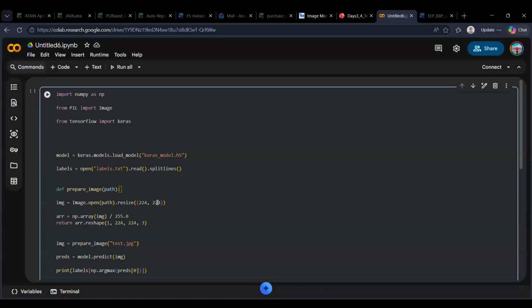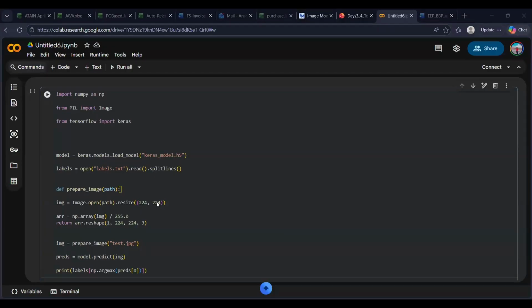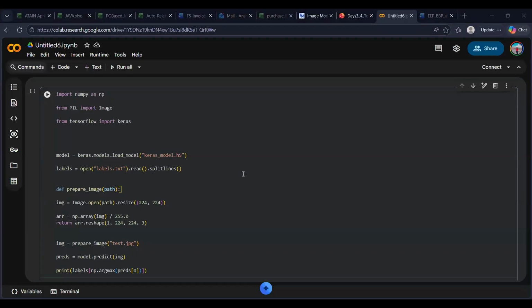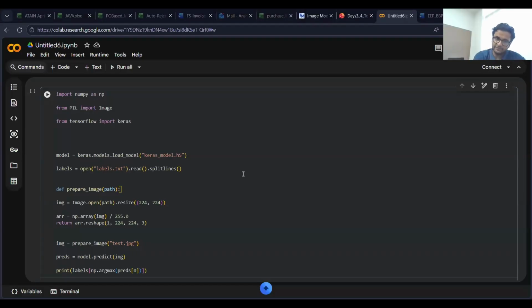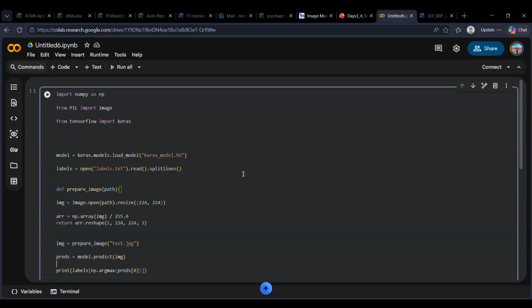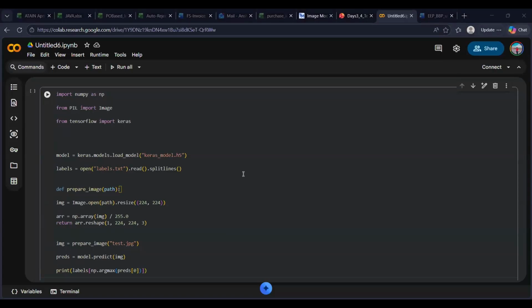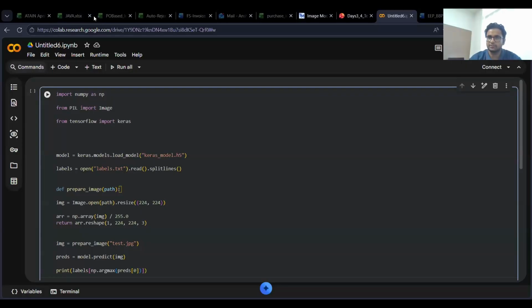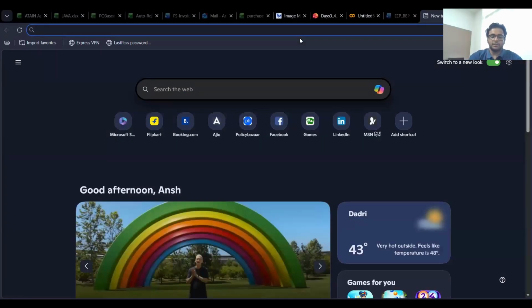Sir, in the fourth line of the code, you have written model equals keras.models.load_model keras_model.h5. Is it calling that model from the library? Yes, it's that specific model that is being required. Sir, do the model names have to be given, like we have to Google the model names, or will it come as a list? It provides a list of models. I'll just show you this.